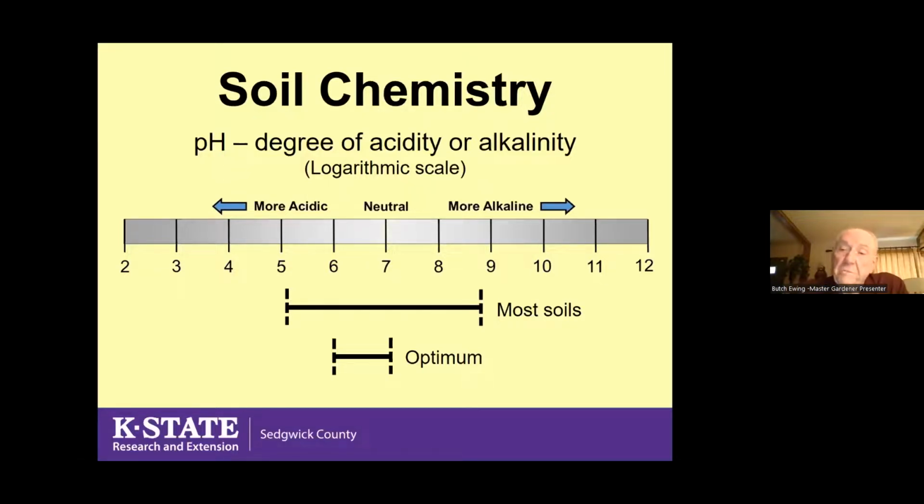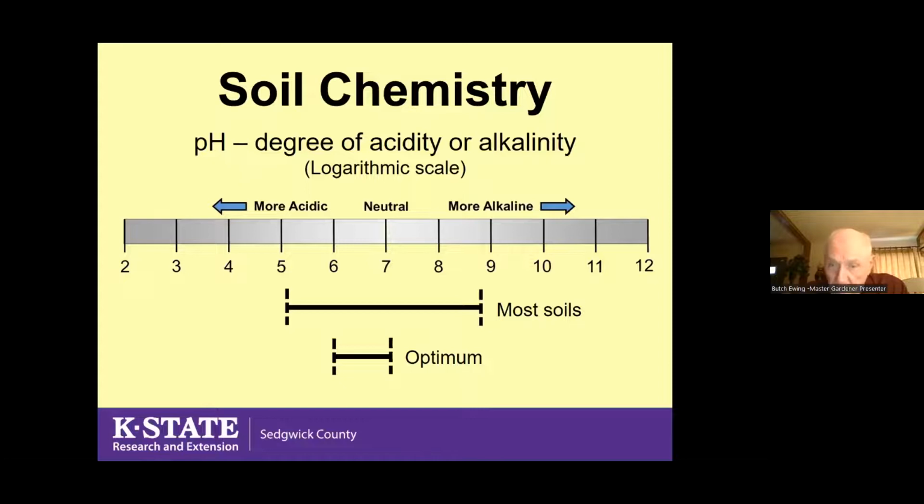It'll always be expressed as a to the nearest 10th number. Most of our plants, and every type of plant is potentially a little different in terms of the pH that they really prefer the most, but most plants are going to be happiest in the roughly 6 to 7, maybe a little over 7